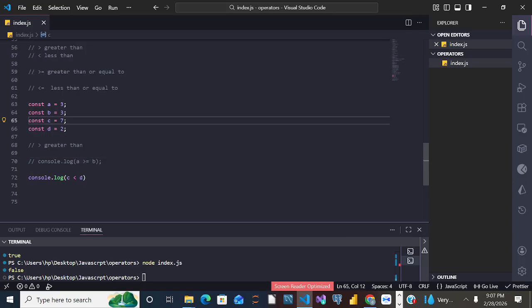So if I now put D as 0 and check now, is C smaller than D? It will tell me yes, true. C is actually smaller than D. Now if I put, if C is less than or equal to D, so